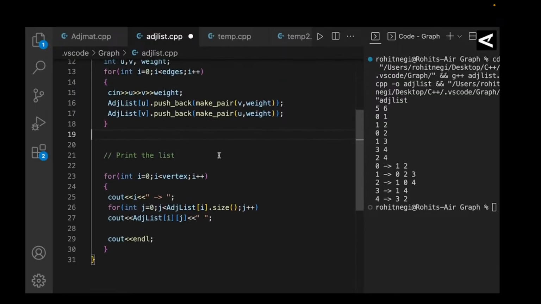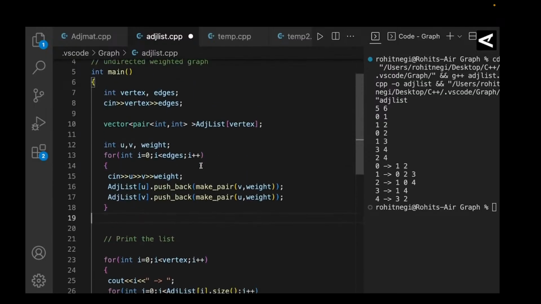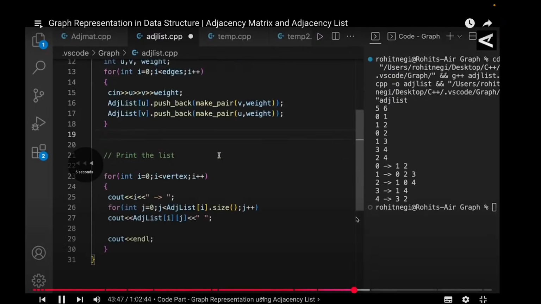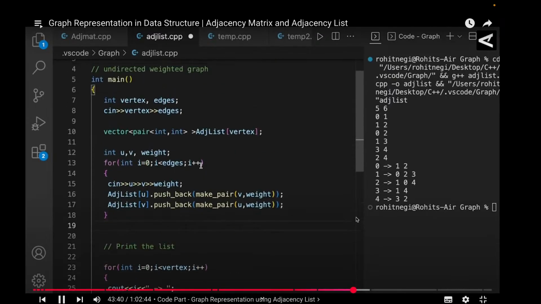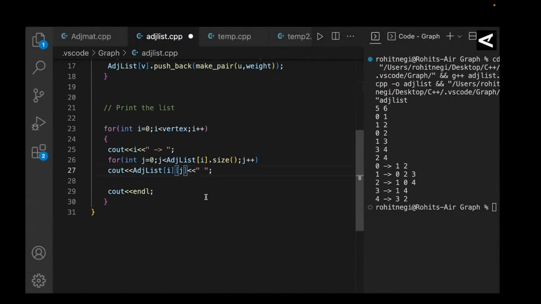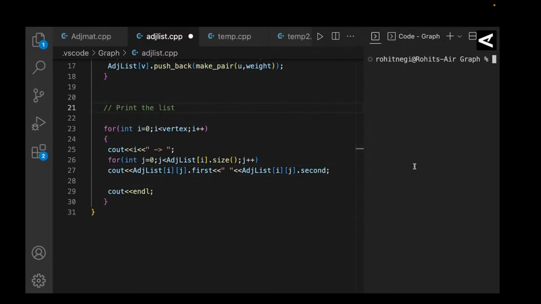जब मैं प्रिंट कराने आऊंगा तो मुझे इसको प्रिंट फर्स्ट और सेकंड करके करना पड़ेगा, क्योंकि फर्स्ट वैल्यू होती है, दूसरी सेकंड वैल्यू होती है। तो वही मैं यहां पे अप्लाई करने वाला हूं कि डॉट फर्स्ट, और इसी को कॉपी करके डॉट सेकंड, क्योंकि ये मेरी एज को प्रिंट कर देगा और ये उसके वेट को। चलिए अब ये बिल्कुल सही चलेगा। इसको हटाते हैं, क्लियर करते हैं और इसको रन करते हैं।